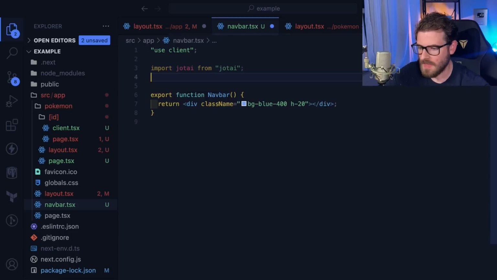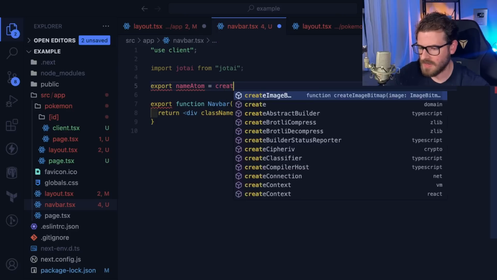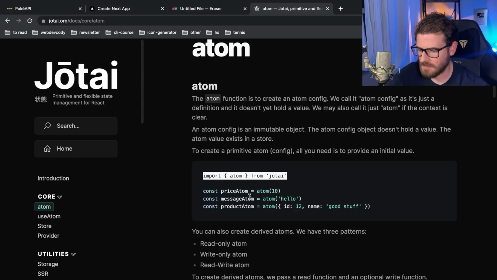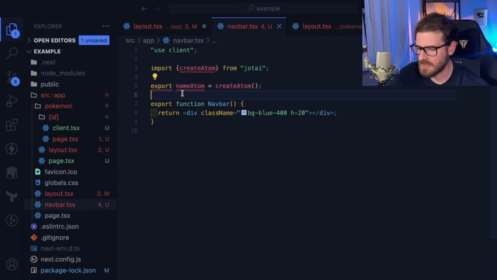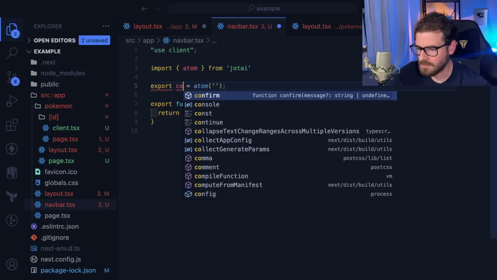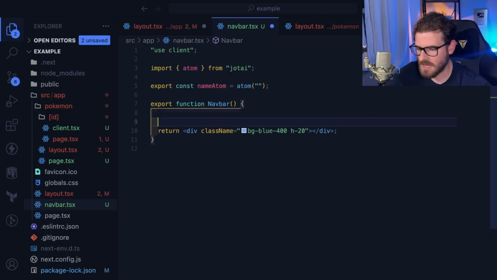Then I'm going to say export name atom equals, I think it's just createAtom. Is that how you do it? Maybe I need to do this. I need to go to the docs and make sure I know what I'm doing. Let's see, atom. Looks like this. Okay, I forgot the syntax for it. So if I just make an atom with an empty string, what we could do is say const name, setName